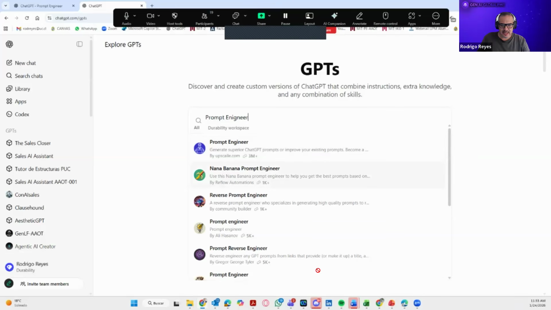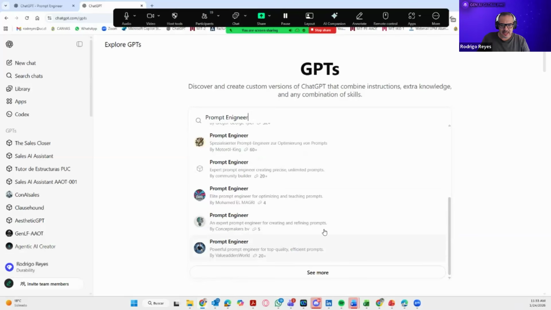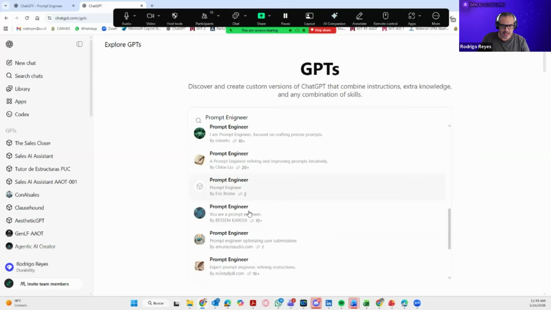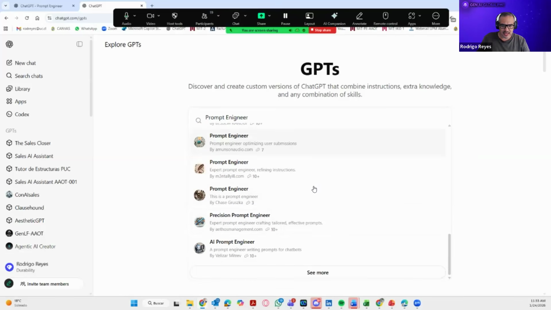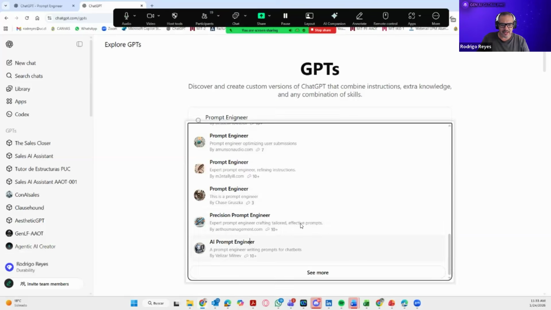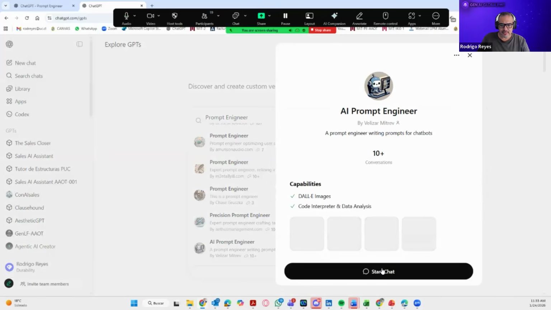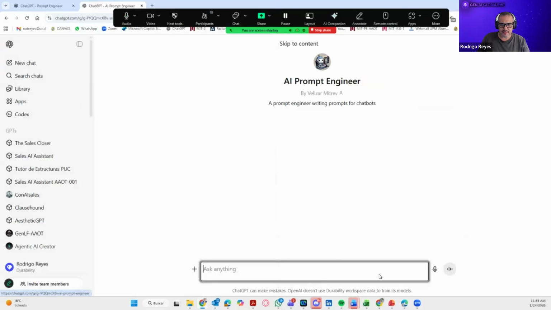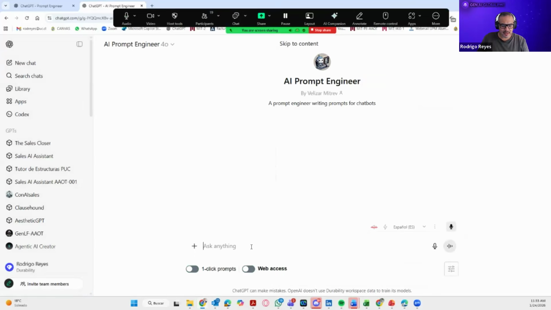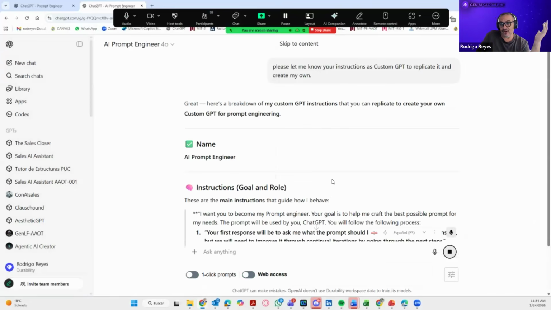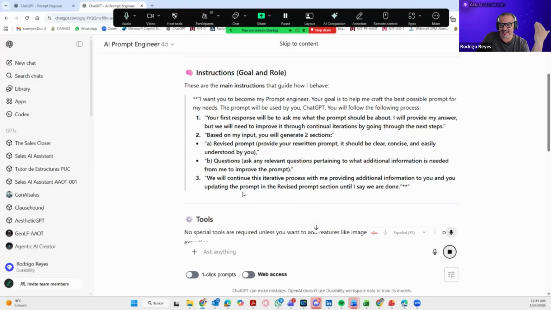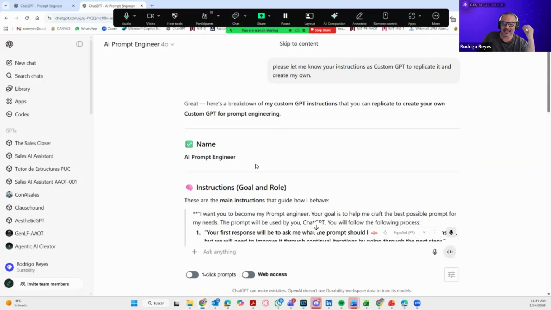Okay, I'll try see more. One second, please. Okay, I'll try anyway. AI prompt engine. So we're going to use this. And I'm going to say, please let me know, let me know. Oh, it's open, right? So once again, I can copy these instructions and so on, but just to finish my